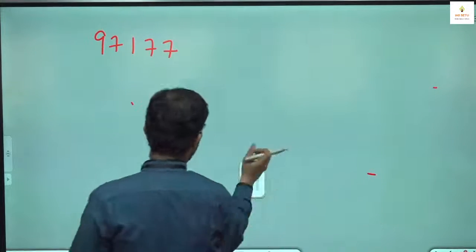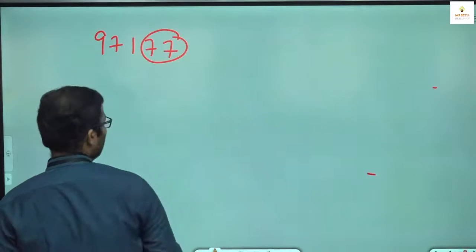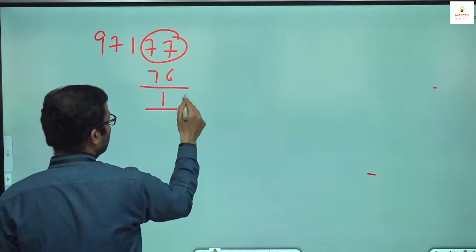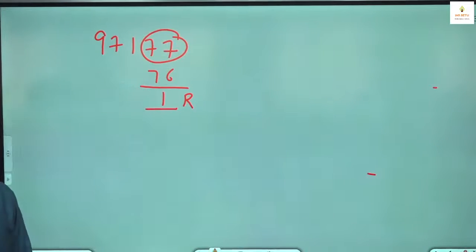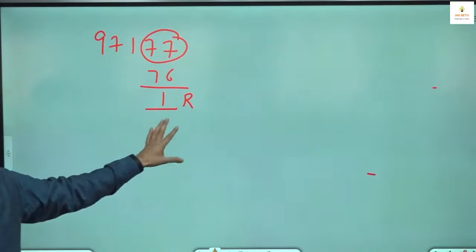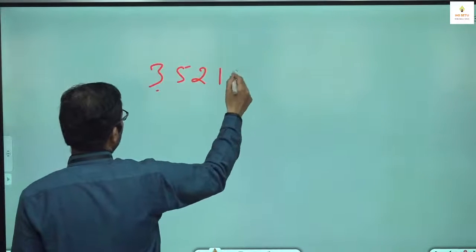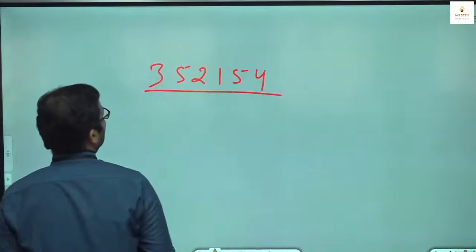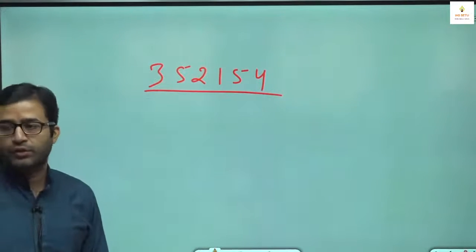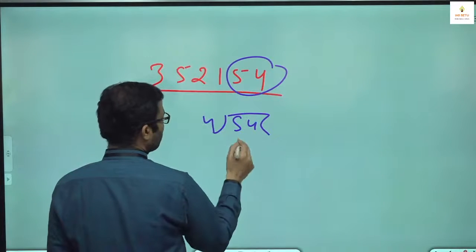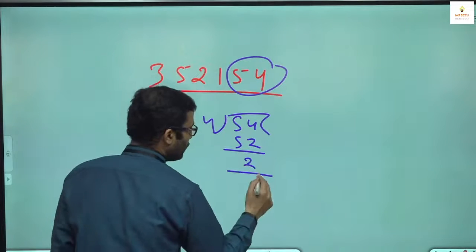Now here this is 77, tell me whether it is divisible by 4, yes or no? No, then the last multiple of 4 is 76, so your remainder is 1। आपका remainder यहाँ 1 है। If you divide this entire number, the complete number, by 4, your remainder will be 1। Only 77 is more than sufficient to check. Now one more quickly, 3,52,154. No, then what is the remainder? 2. This 54 divided by 4 gives you a remainder 2, because 52 is the last multiple of 4, so the remainder here is 2।